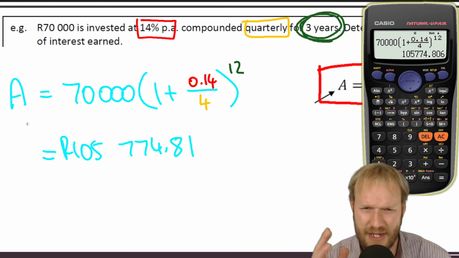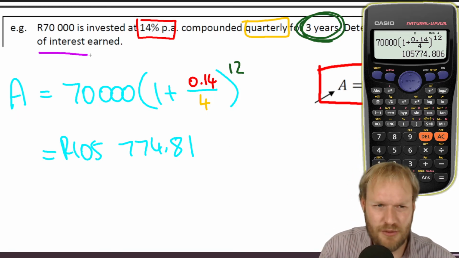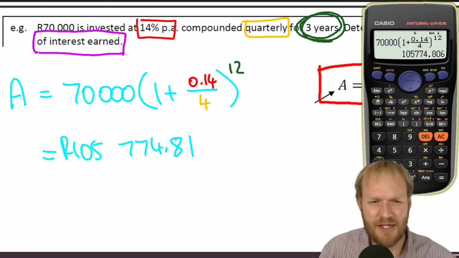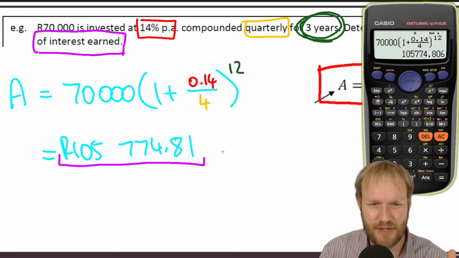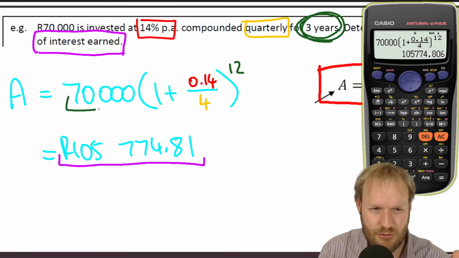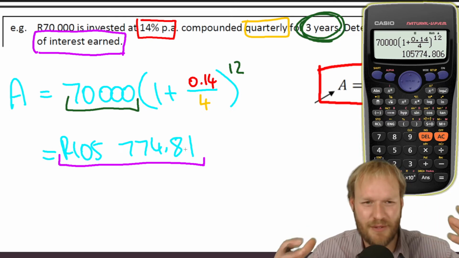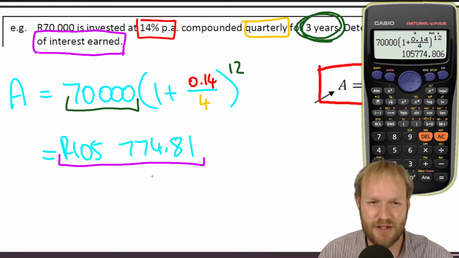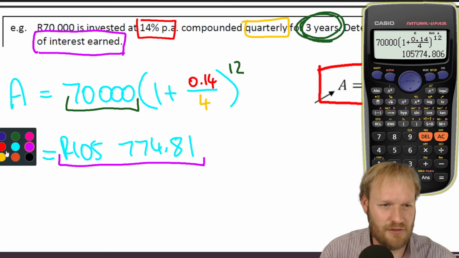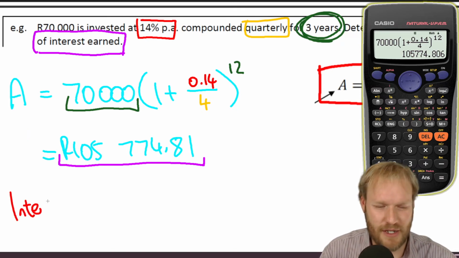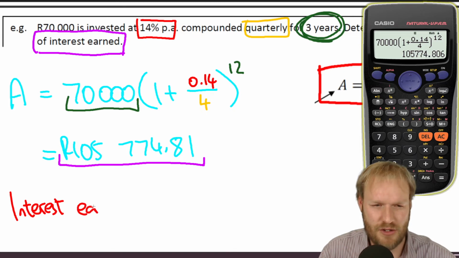What does the question really ask, and how are we going to finish off this question? The question asked us to determine the amount of interest earned. Now, I don't always find that clear. I think, oh well, we kind of figure out our answer. But wait a second. Interest earned means we must take however much money we got and subtract what we put in initially, because that will tell us how much interest we earned over those 3 years. So let's do it like this and talk about our interest earned. We didn't earn 100,000 rand in interest. What we earned was